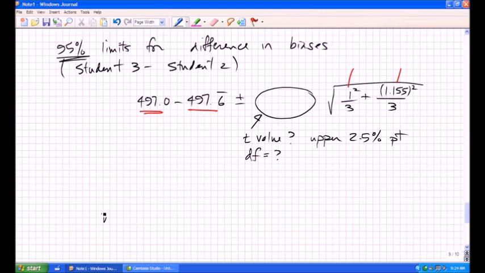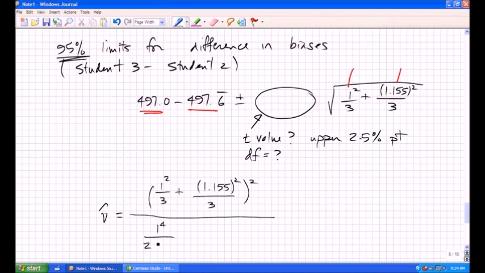If you plug and chug with that strange looking Satterthwaite formula, what you want is 1 squared over the sample size of 3 plus 1.155 squared over the sample size of 3, that squared, over 1 to the 4th over sample size minus 1, which is 2, times the square of the sample size, that's 3 squared, plus 1.155 to the 4th over sample size minus 1, which is 2, times 3 squared. If you do the arithmetic,